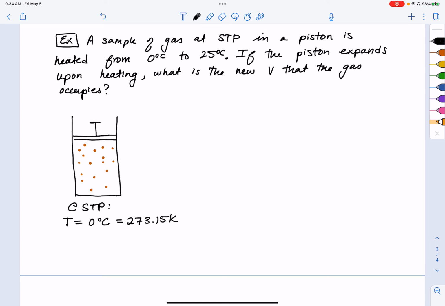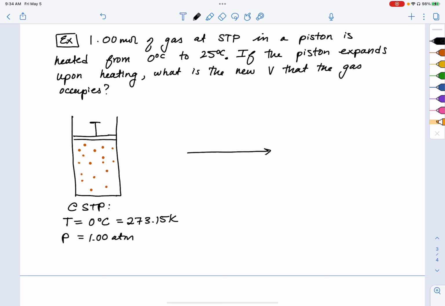And at standard pressure, this is 1.00 atmosphere, and I forgot to include some information here, so let's do 1.00 moles of a gas at STP in a piston,